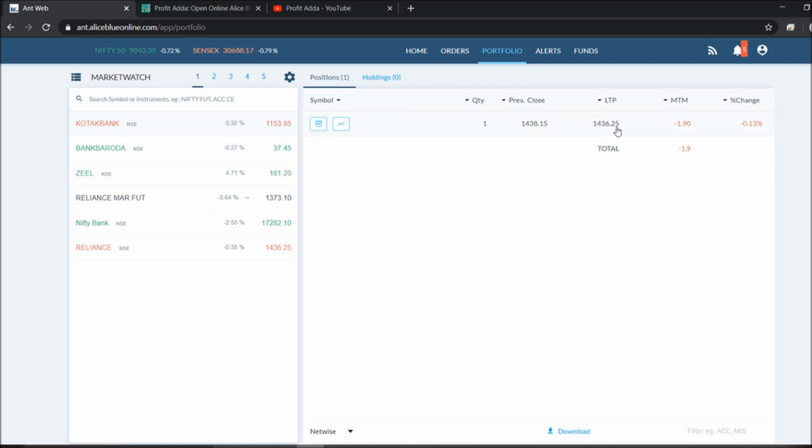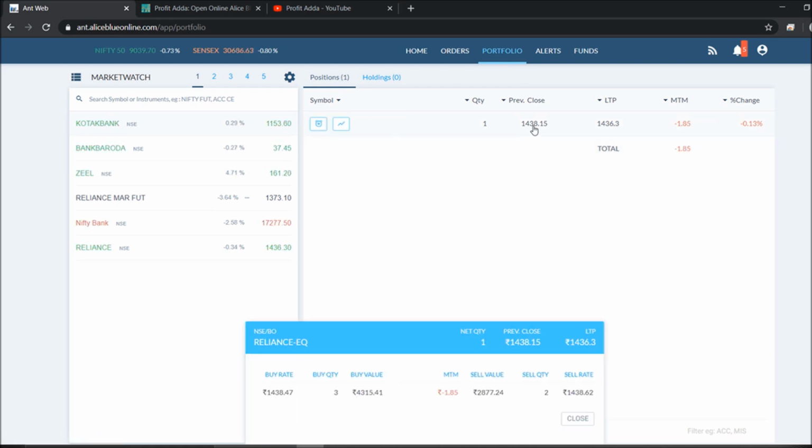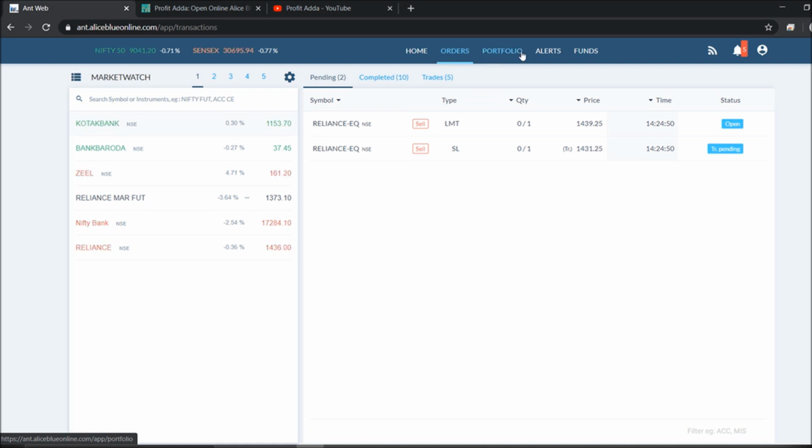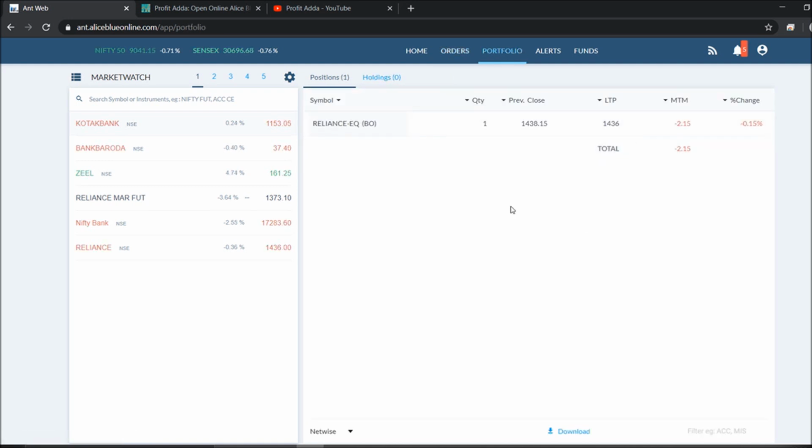Okay, so as you can see 1436 some LTP was there and they have placed my order. Okay, so everything was good. So I have placed my order and according to that stop loss and target will be taken care of. Okay, so initially I already placed my order. Okay, so I must say that you can go with these things initially. So before also I had some loss, so this is a continuation.